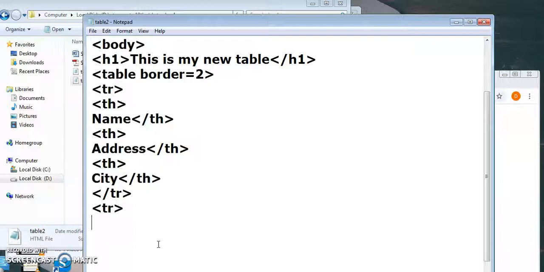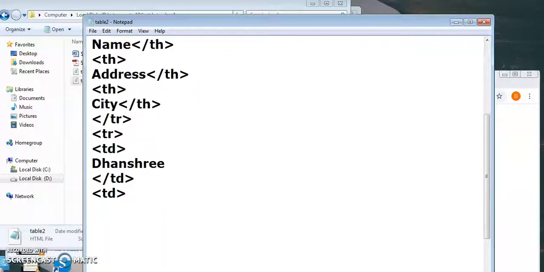I start TD again. The first value is Dhansri, TD close. Another TD, that means table data. Then address: my address is Bestan. TD close, new TD start.